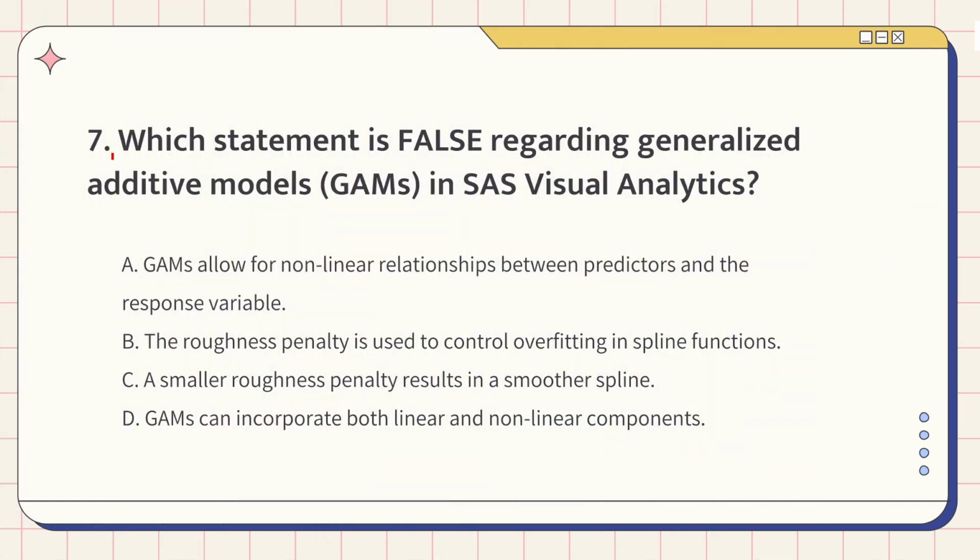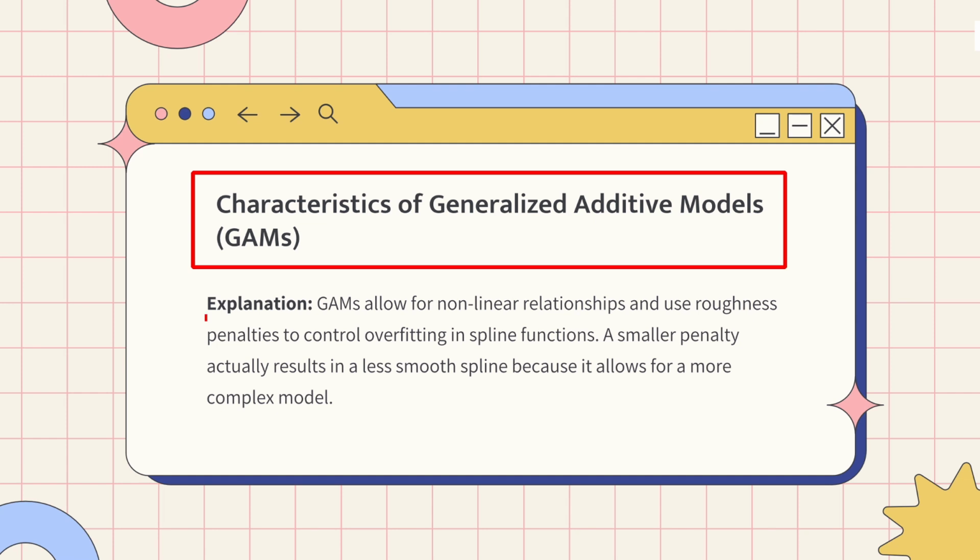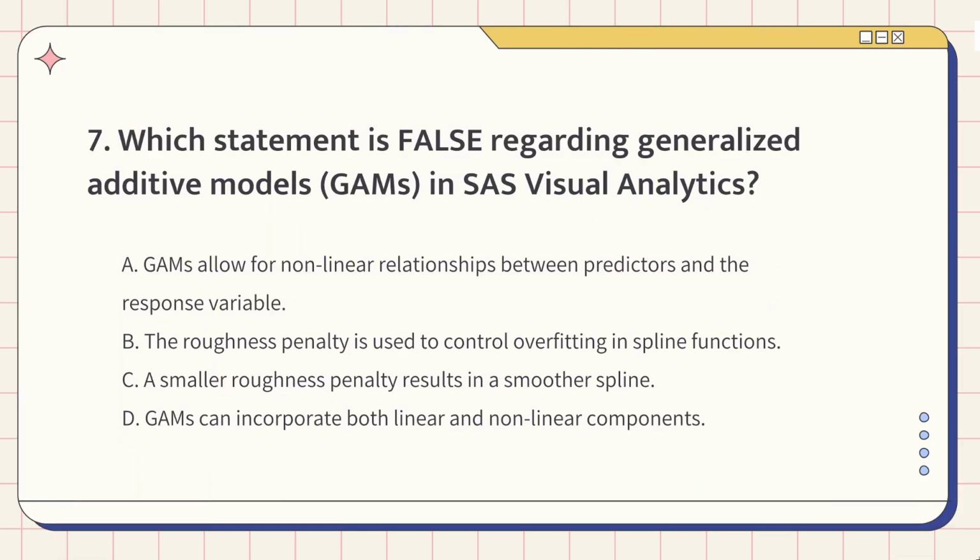Question 7. Which statement is false regarding generalized additive models in SAS Visual Analytics? This question tests generalized additive models. The knowledge points of this question are characteristics of generalized additive models. GAMs let you model nonlinear relationships and use something called a roughness penalty to keep things from getting too complicated. If you set a smaller penalty, it actually makes the model less smooth, not more. So the correct answer is